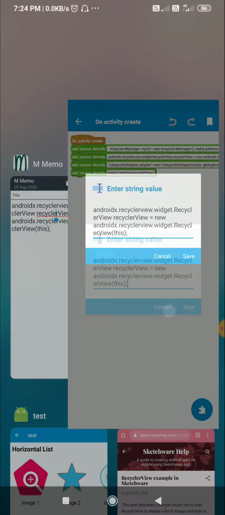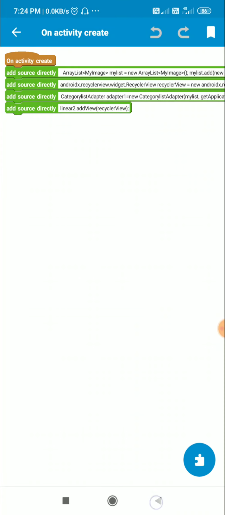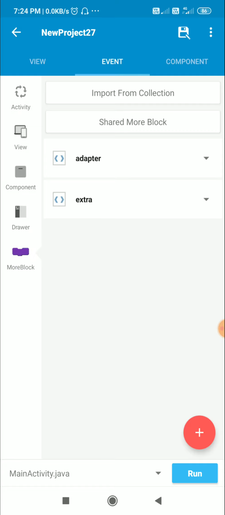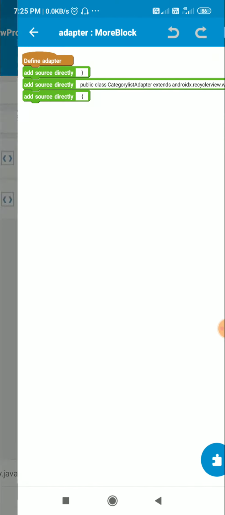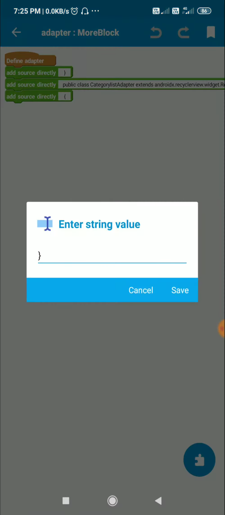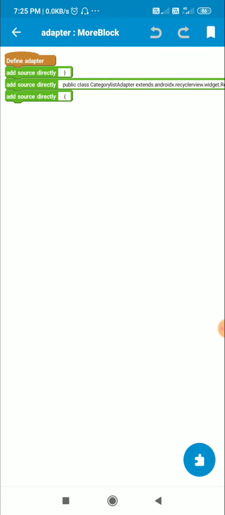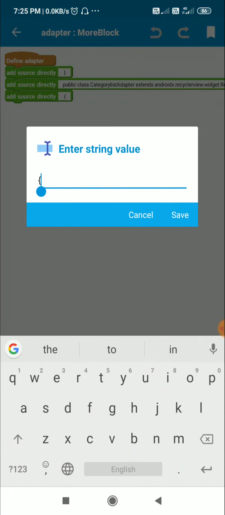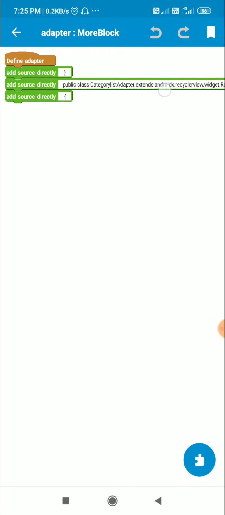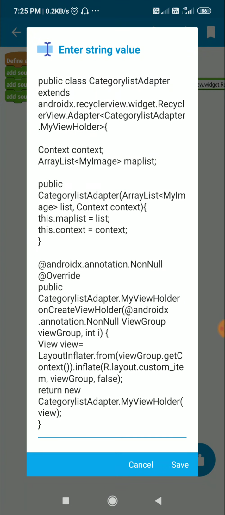Now after this we have to define an adapter for this recycler view. So for that I have defined a more block called adapter, and here also I have put closing curly bracket in the beginning and opening curly bracket in the end, so that the adapter which I define is outside the more block.